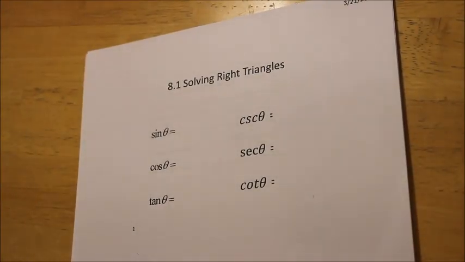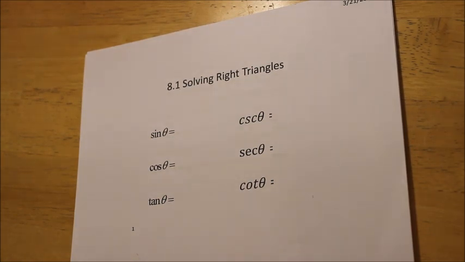Okay guys, we're going to start with 8.1, which is solving right triangle trig. This is trigonometry that you should have learned in geometry, and it's what we're going to be starting our unit with. As we go through unit 8, there are a couple of different kinds of trigonometry. There's right triangle trigonometry, and then of course there's unit circle trig, which we'll get into later in the unit. But this is going to be 8.1, solving right triangle